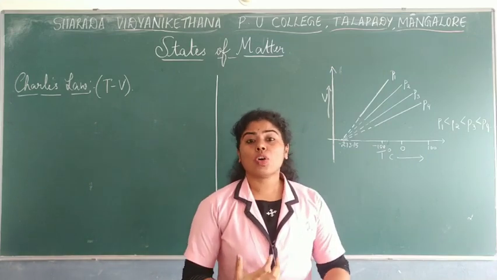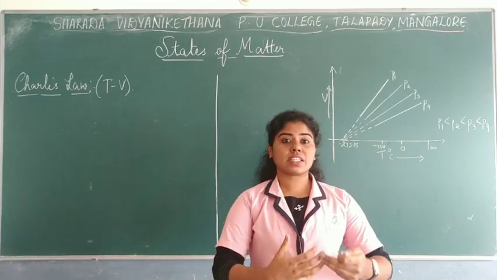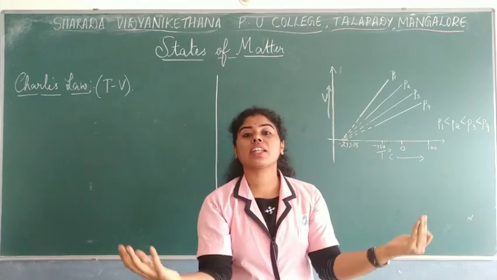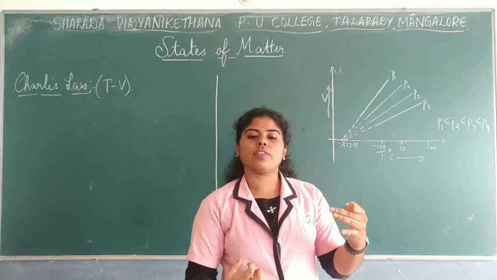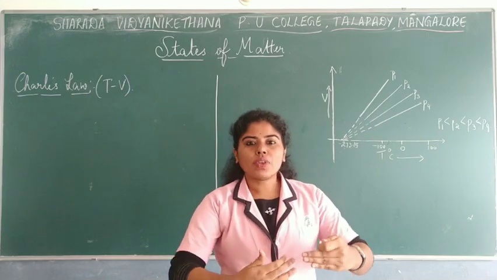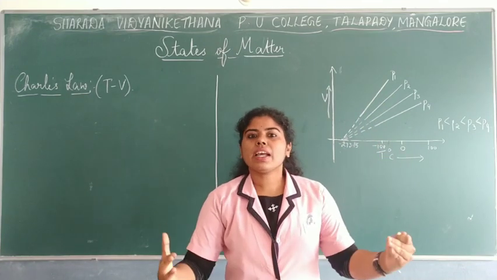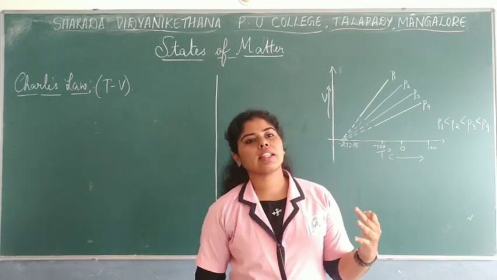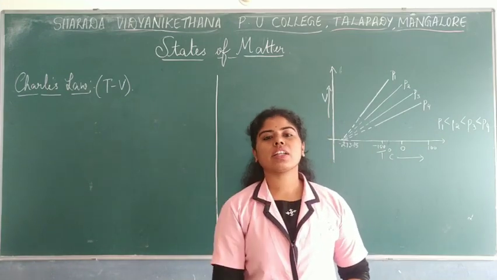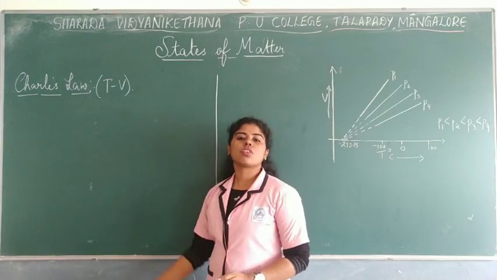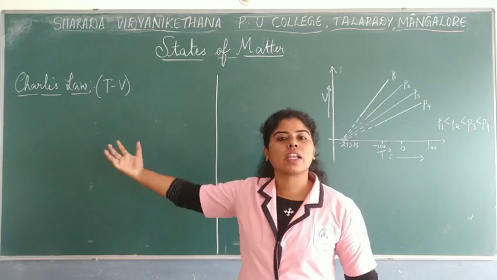Now this law was based on the study of hot air balloon technology. You must have seen that just like a parachute, you have a hot air balloon wherein they use gases, and when these gases are heated or when the fuel is burned, obviously the temperature rises, and because of this the volume increases, and that's how they start moving up, right? So based on this idea, that is hot air balloon technology, the particular law was studied and the results were obtained, and these results were given as Charles' law.